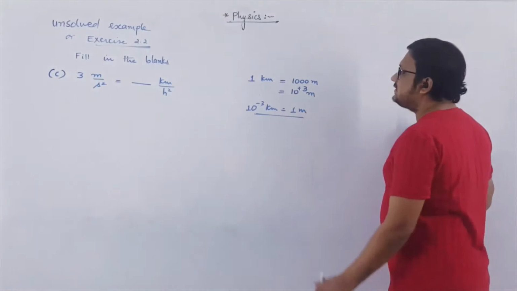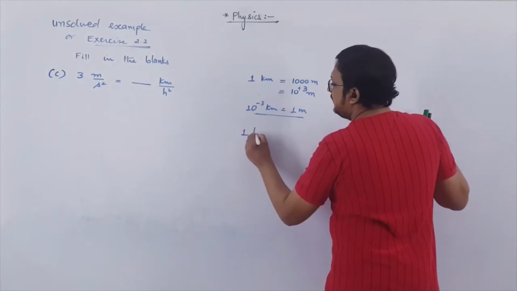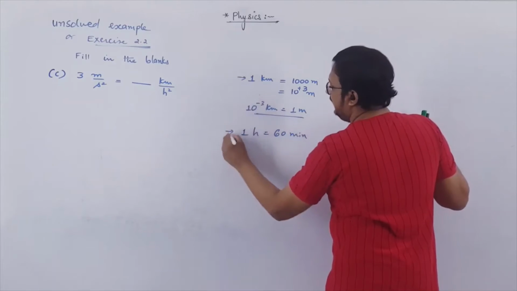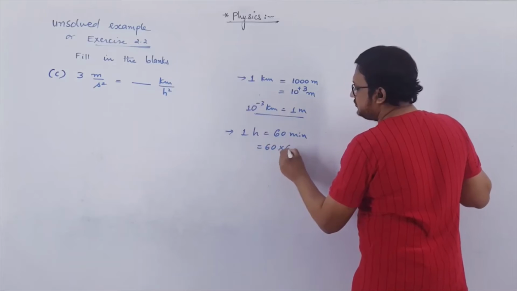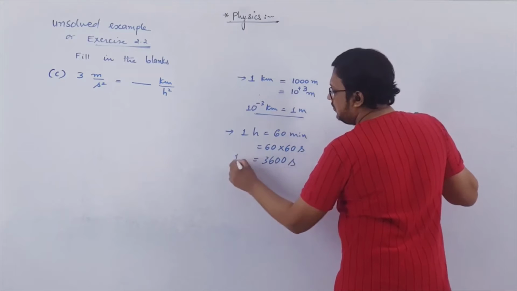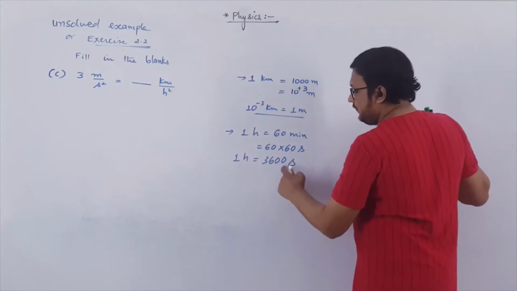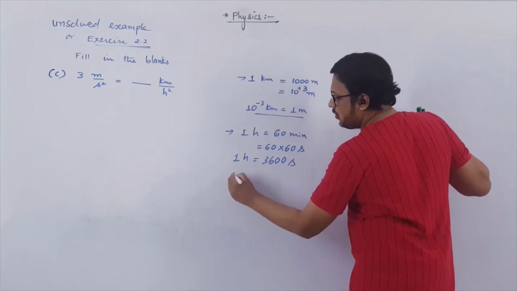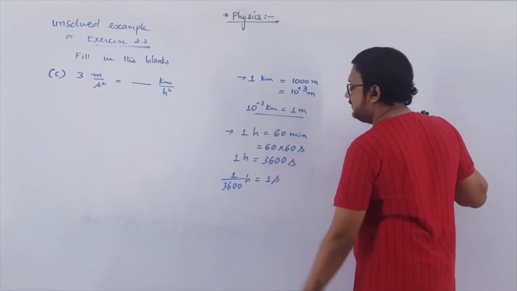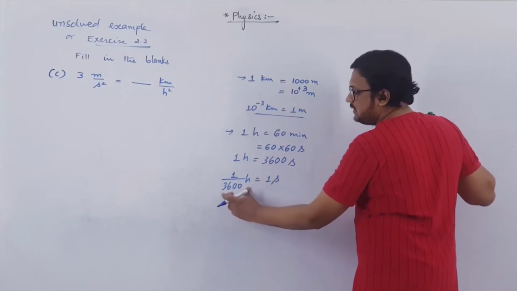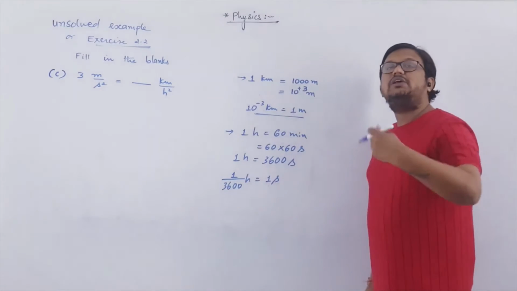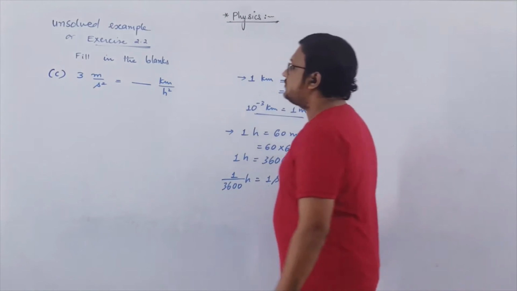In the same way, we know that 1 hour is 60 minutes, right? And 1 minute is 60 seconds. So into 60 seconds, this will be equal to 3600 second. 1 hour is 3600 second. If you divide both sides by 3600, 1 over 3600 hours will be equal to 1 second. So if you want to convert seconds into hours, you will multiply by 1 by 3600, or you will divide by 3600. So here